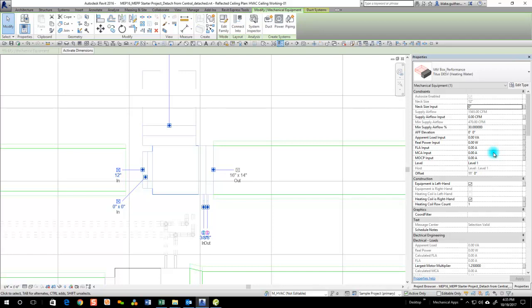You'll notice that on heating water boxes, you have to end up upsizing more often to get your coil loads covered. For electric, though, the AHRI seems to fit in most cases. So right now we have a 12-inch neck auto-sized based on AHRI airflow. We would essentially run our loads, which we've done, and we would need to know our minimum airflow. So we can get that right from our